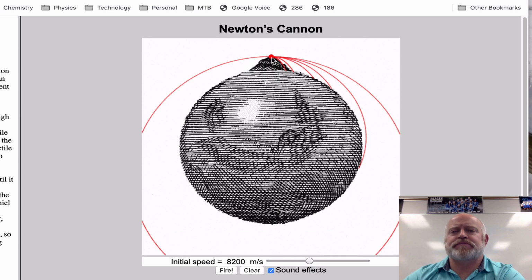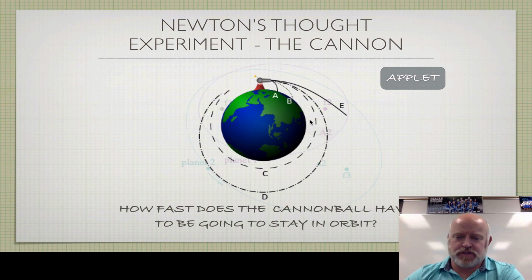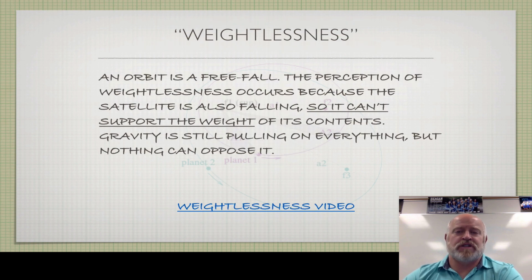Okay? A lot of students think of orbit or weightlessness as something unique or special. You leave our atmosphere and somehow magically gravity disappears and you become weightless. Okay? That's not what's happening. When we are orbiting around our planet, we feel weightless, not because we have no weight anymore, and not because gravity disappears, but because when we are in orbit around a planet, we're falling.